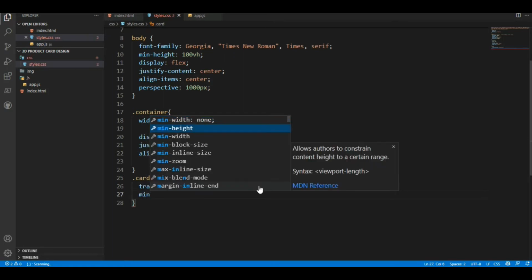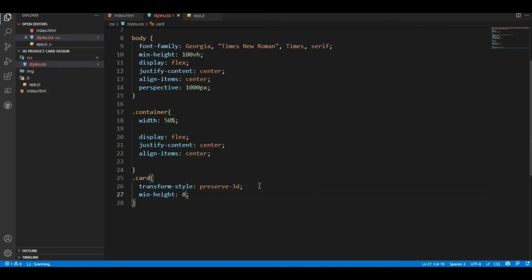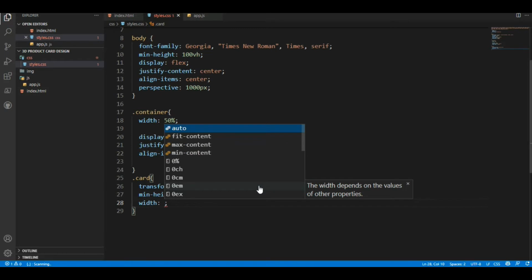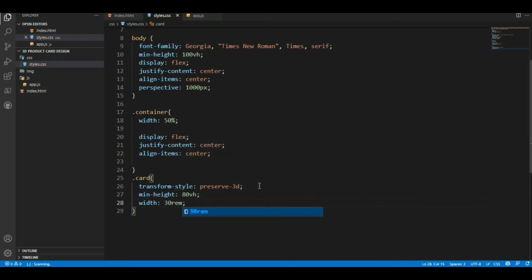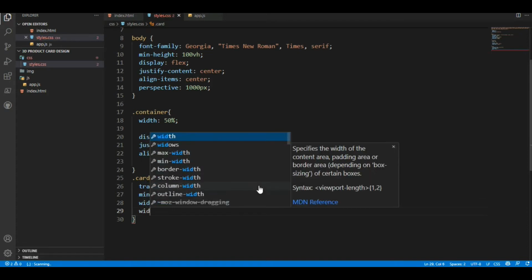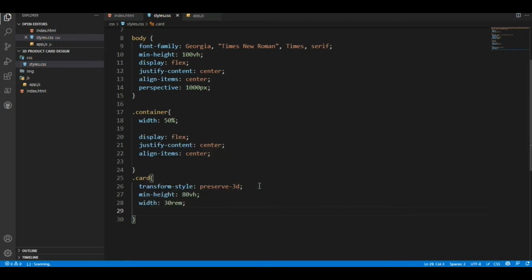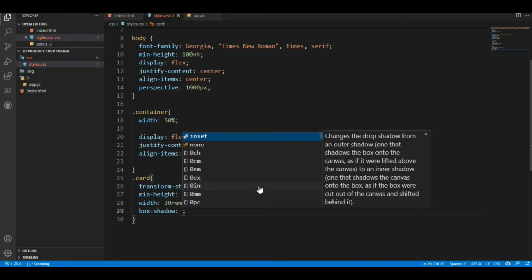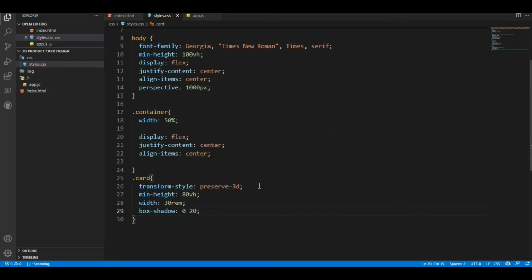Preserve 3D. Okay, this is the 3D card design, so obviously we'll use it. Min-height, that means 80 vertical horizontal. Inside of this, width like that, 30rem, and it will be just min-height width. Okay, so here I'll use box shadow,